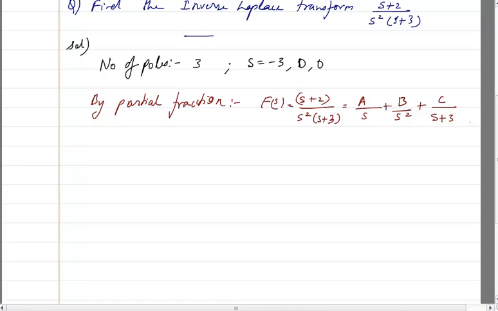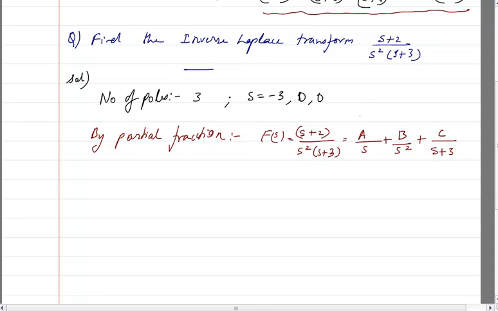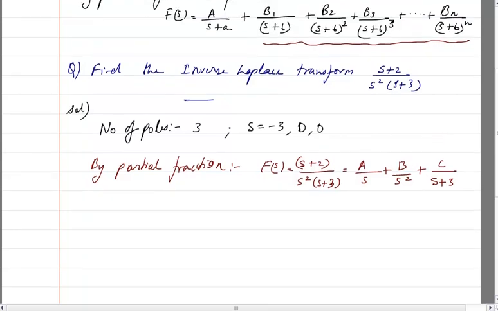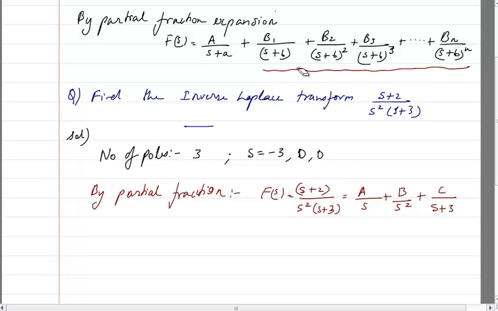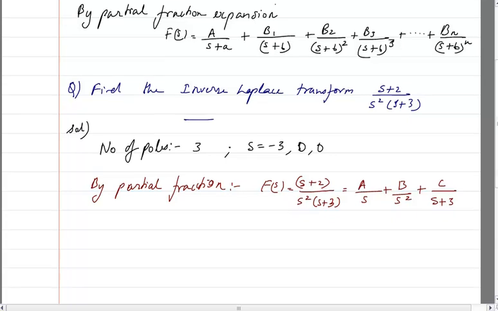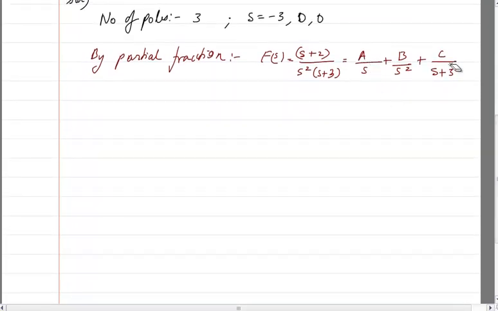There is no problem. You can write A, B, C, you can write L, M, N, you can name that numerator anything. You can write it as A1, A2, A3, or you can write this one as X, this one as Y, this one as Z. You can write it any way you want. The only thing is that you have to find those values. So here I am going to write A, B, C. I just didn't want you to get confused that you are writing B1, B2, B3. It's just naming them. That's all. So I have written three distinct values A, B, C, and now I need to find them.